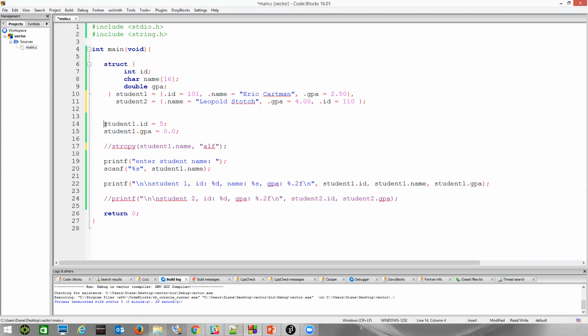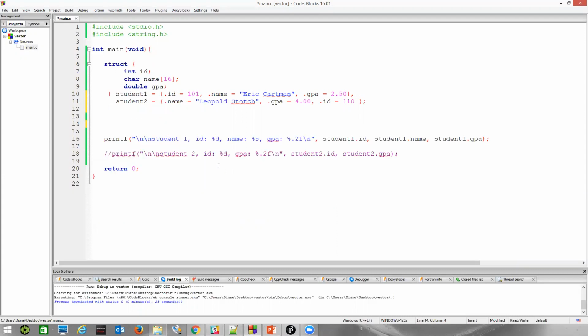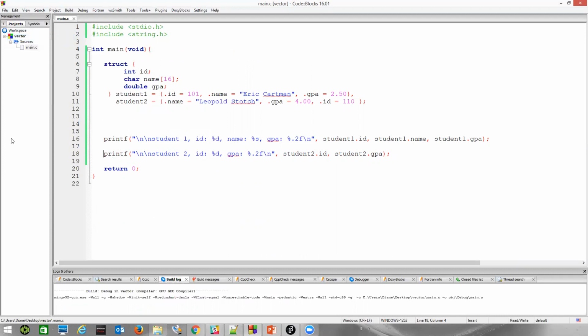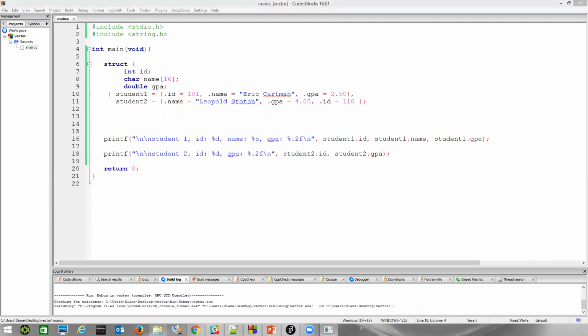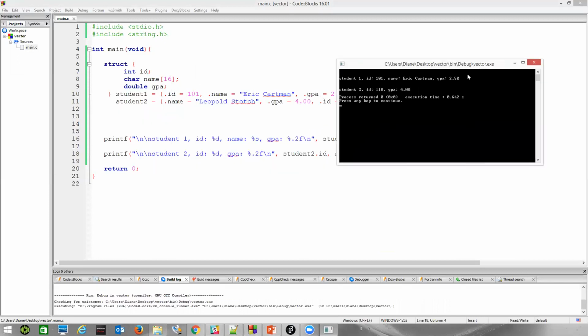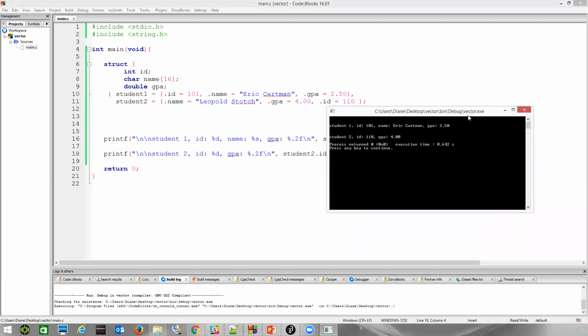All right, so now I don't need to do any of this. We can go ahead then and show our student 1 and student 2 information. We pop this up. All right, so we can see then,